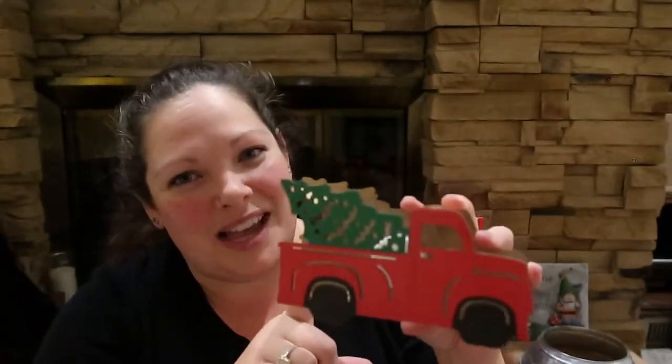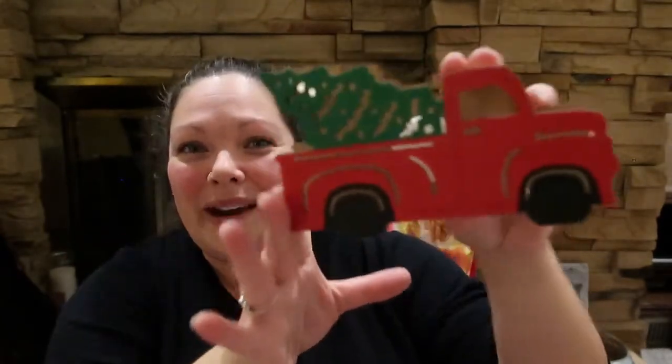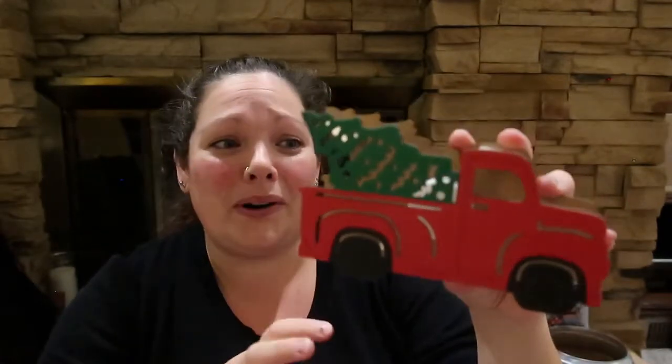I found a couple more fun red trucks. So I think this was out last year and I was swooning over it. Now, it could be a little bit different. They could have changed it a little bit, but I know I saw people hauling something really similar last year. I couldn't find it, so I actually let out a little squeal of joy in the store when I saw these, because I remembered and I really wanted to find them, and we didn't have any, but look,